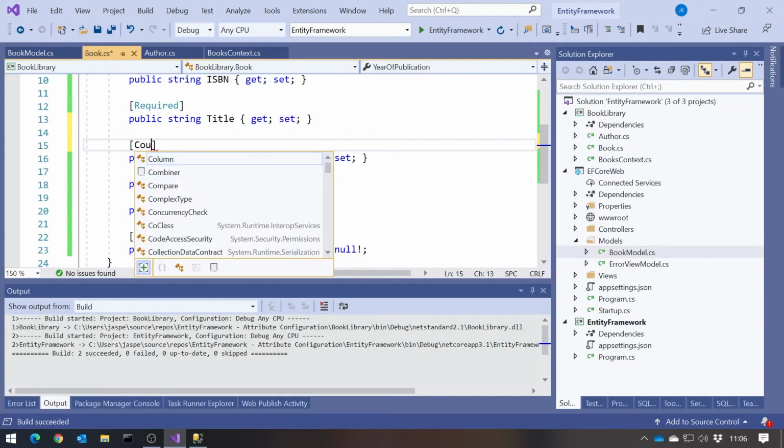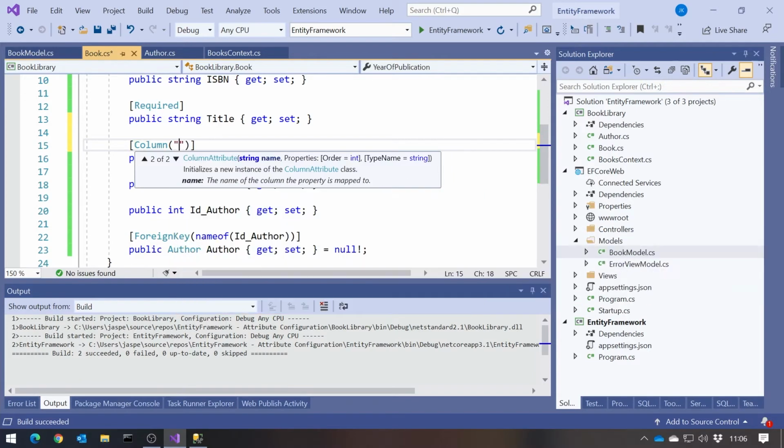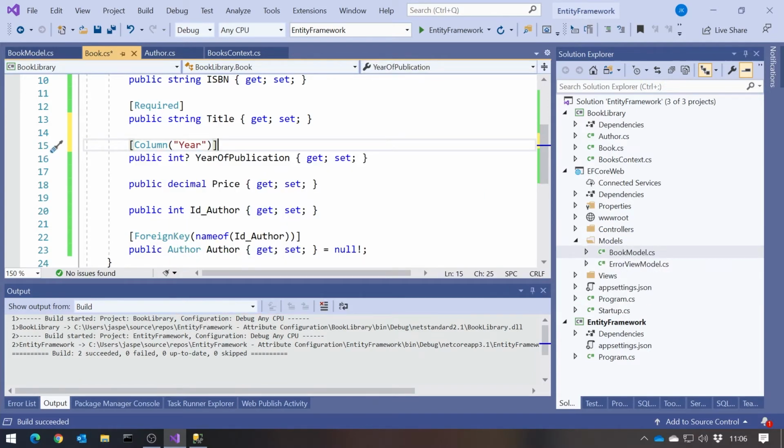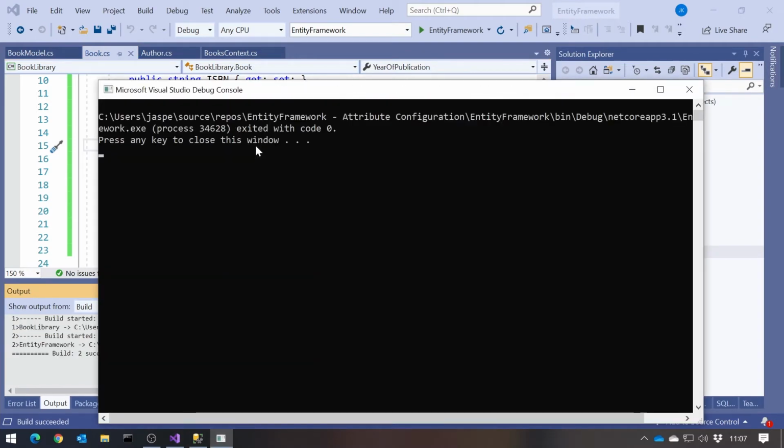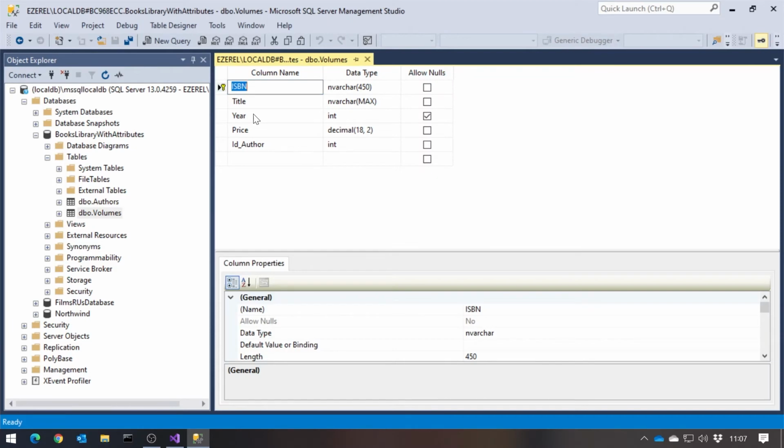Last property to look at is actually one of the most flexible ones. This is how we start specifying things about columns. So, for example, we've got our property of year of publication. What if we just wanted that to produce a column called year? Well, simple enough. We can just say column year, and then when we run that, that's what we'll get in the database. So now we've just got a column called year.